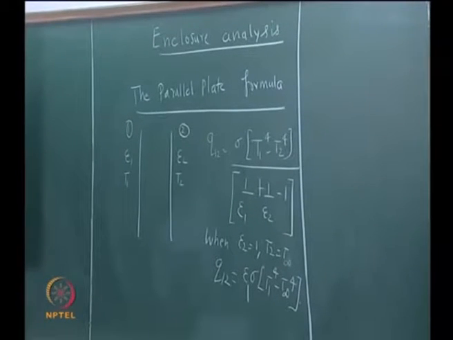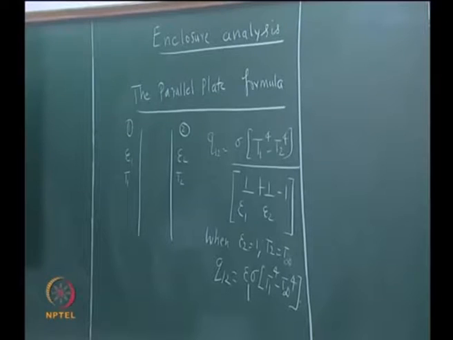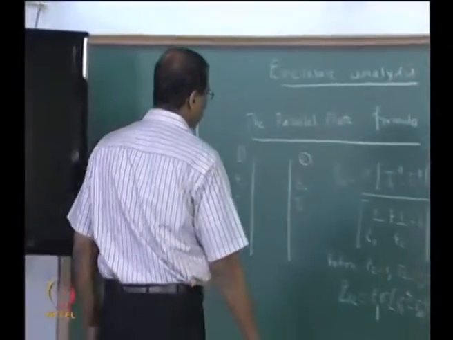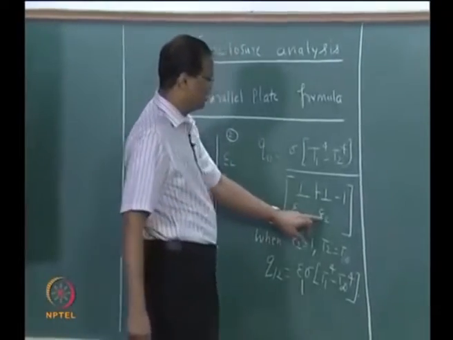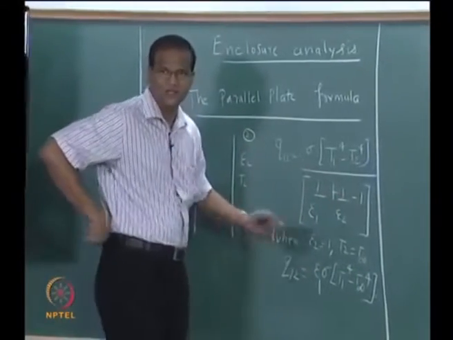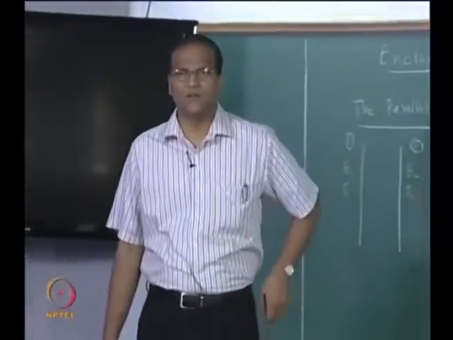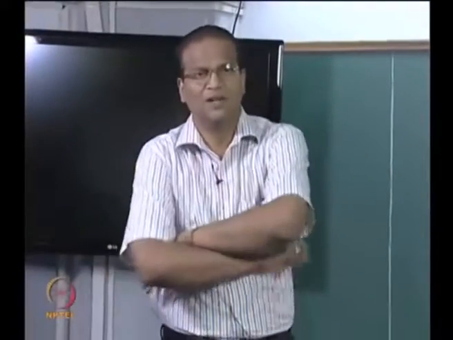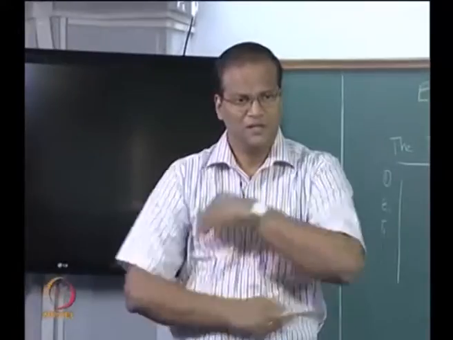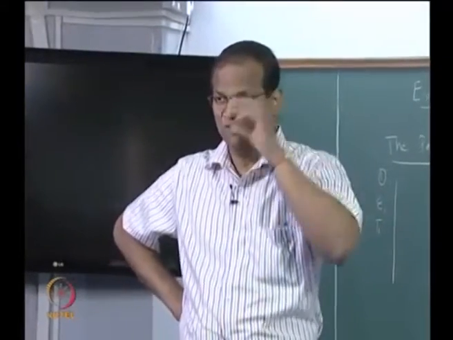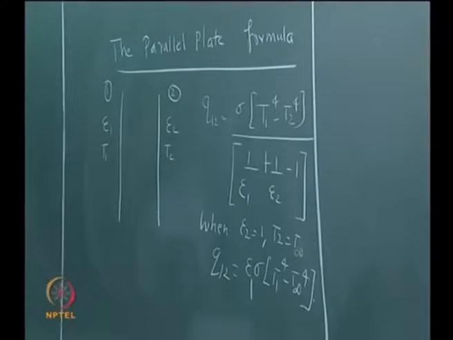Even if the convection is there, you can add the convection to the radiation, and this addition is possible if the temperatures are known. If the temperatures are not known, you have to exploit the coupling, and that will become what is called a conjugate heat transfer problem. Now even in this case, in yesterday's class we saw that when epsilon 2 equal to 1 and T2 equal to T infinity, it reduces to the simple case of a one surface enclosure. So all these results are consistent with common sense, they are also consistent with the way we understood. So this is called an internal consistency check.